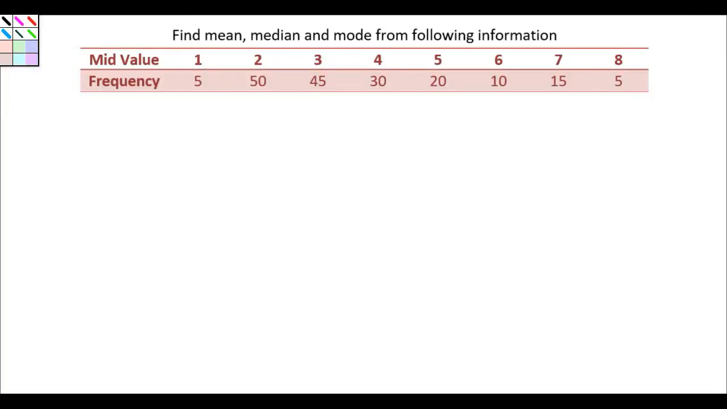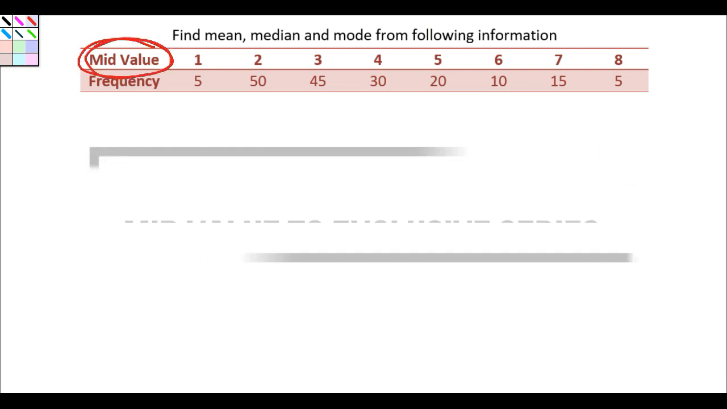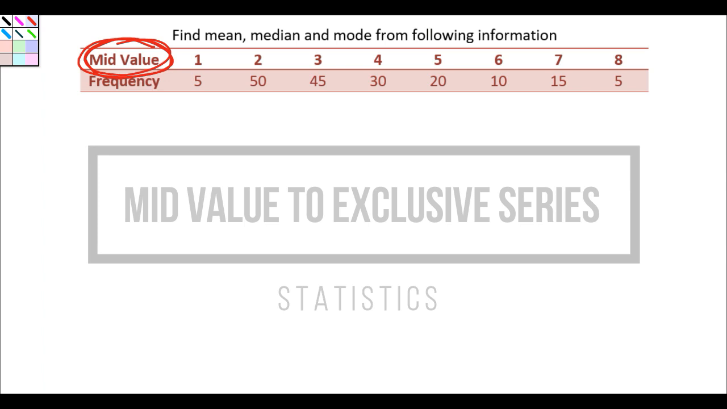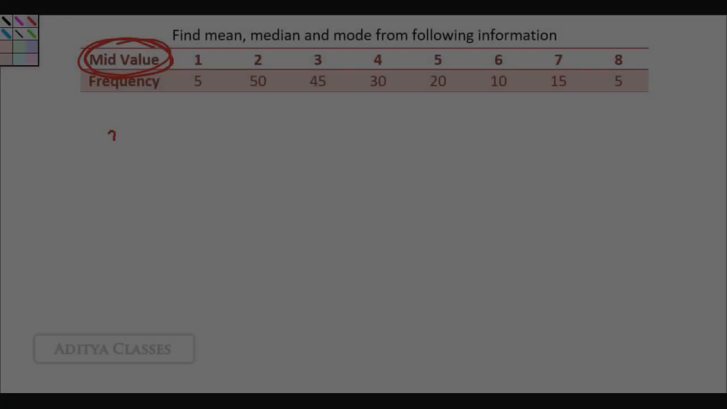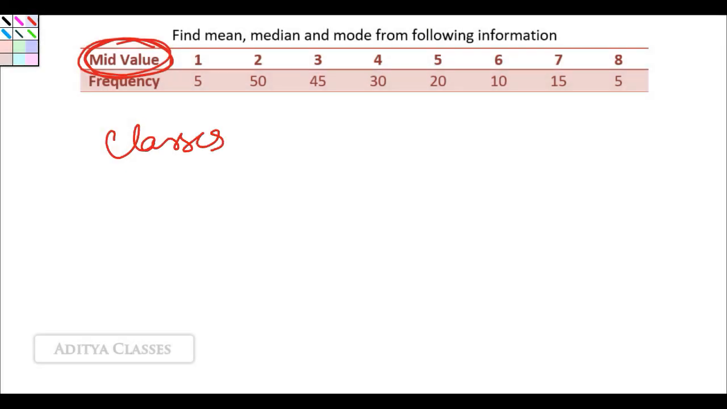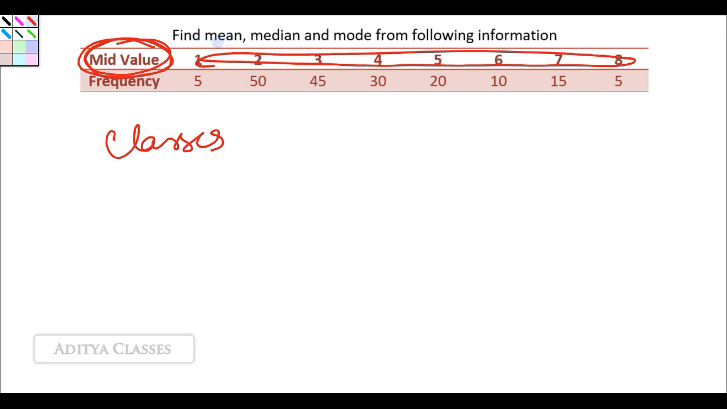Hello, today we have a question where the data given looks like being a discrete set of data. But if we look at this carefully, this is mid-value. Mid-value meaning that these are mid-values of certain classes. So this data that looks like being a discrete data, and this question looks like being a straightforward question of mean, median and mode of discrete data, but this is